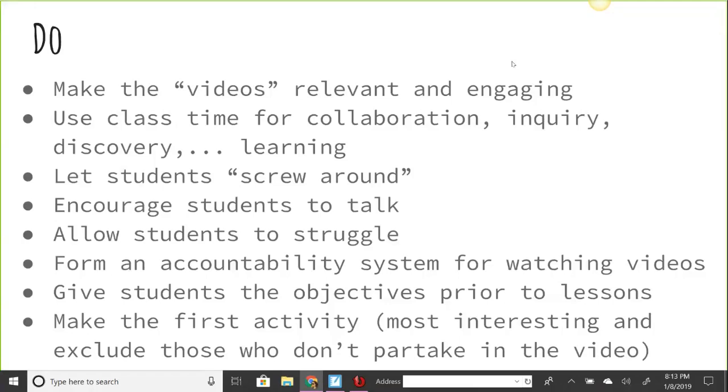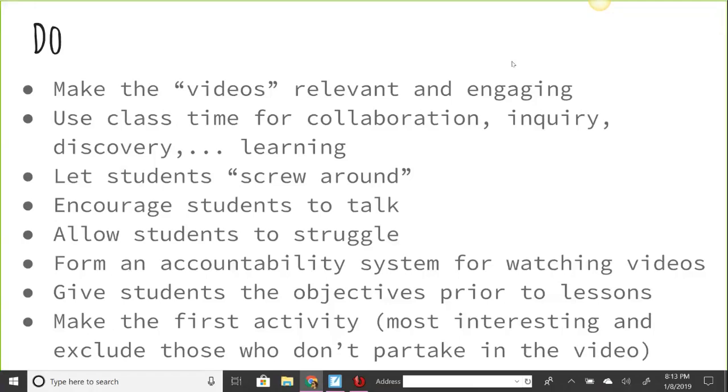I prefer not to. So the reason I don't edit my videos is because I like the kids to see that I make mistakes. I like them to get an idea of my personality, of how I teach, of how I might struggle through a problem, because I feel like that struggle is just as important to learn from as me doing the question completely correct and having it in perfect form. So I do not edit my videos. So that is one thing that I may do different than some other flipped models.